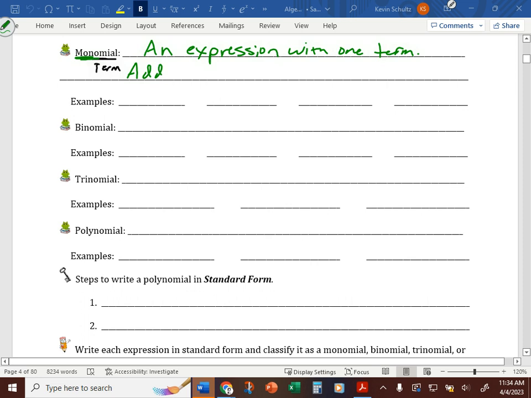Okay. Addition and subtraction separate terms. So when we have some examples of one-termed expressions, some monomials, folks,